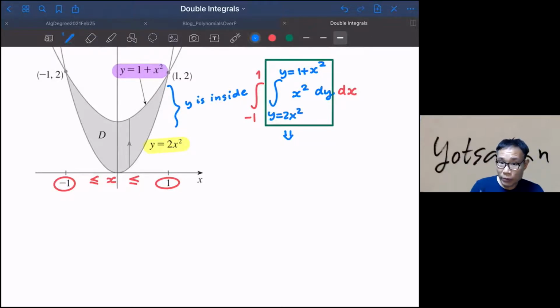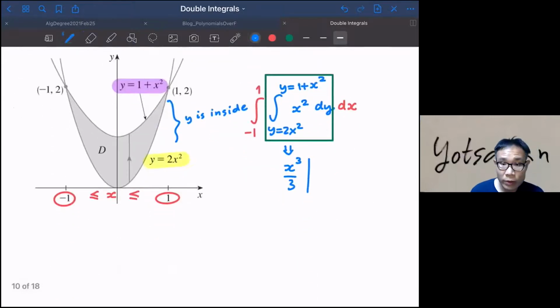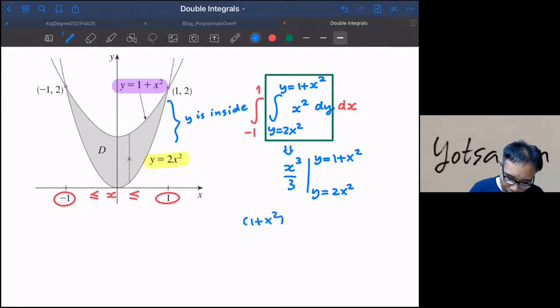So let me compute only the one in the box first. You integrate x squared, so you would just get x to the third over 3, from y equal to 2x squared to y equal to 1 plus x squared. So you have 1 plus x squared over 3. Okay, so it's going to be 1 plus x squared over 3, and you're gonna have